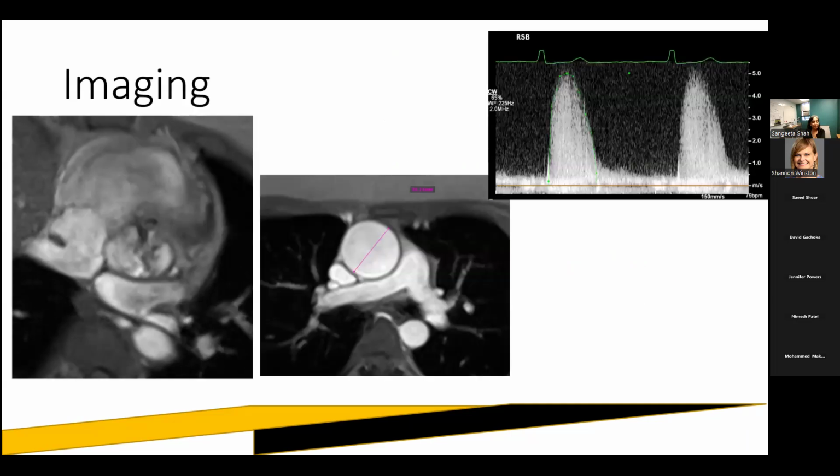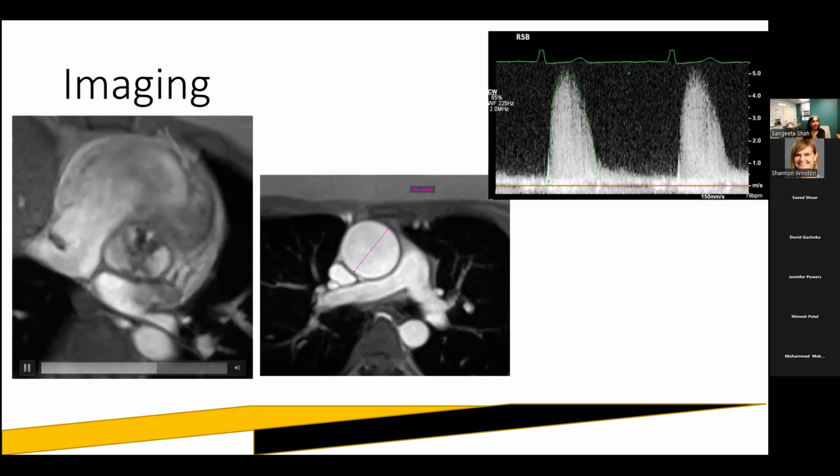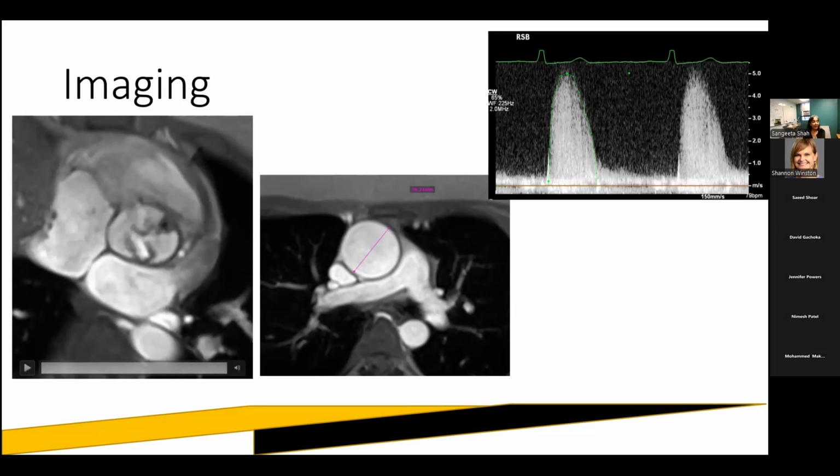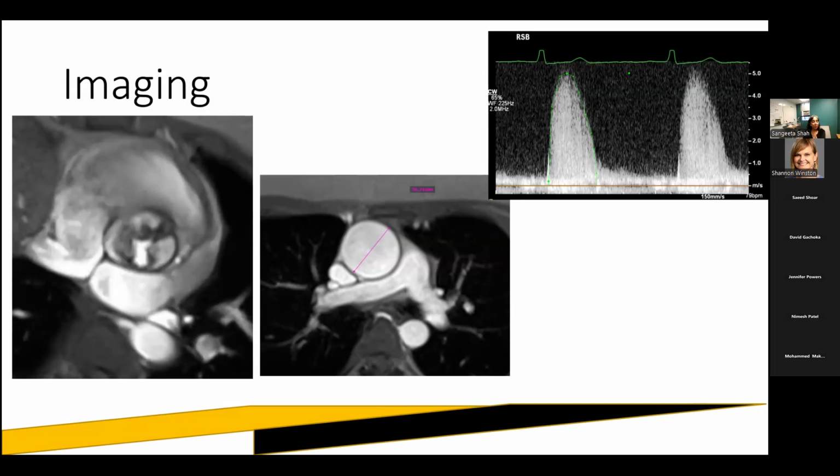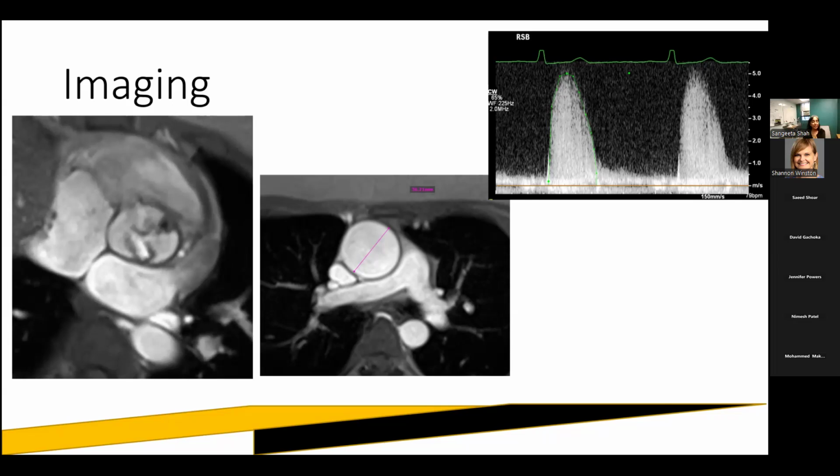But what does she have? With this unicuspid valve, as you see here, this is a cardiac MRI. There's fusion of your two cusps right here and right here. So this makes it a unicuspid. Her ascending aorta measures 36 millimeters. And if you look here, her Doppler through this unicuspid valve, she has 5 meters per second going through it with a mean of 62. So trying to convince her she needed surgery, she's like, but I feel fine. Why do I need it?